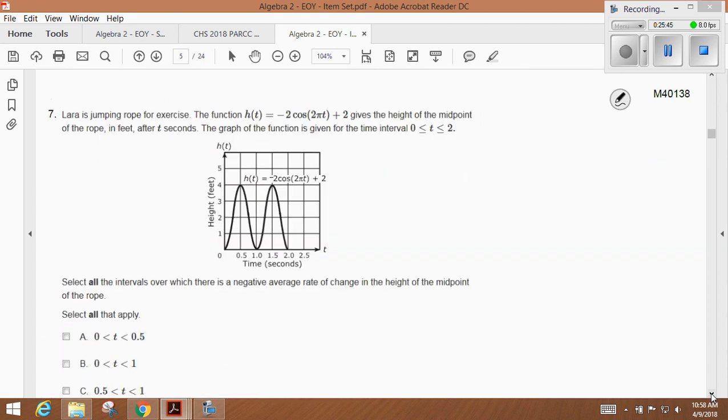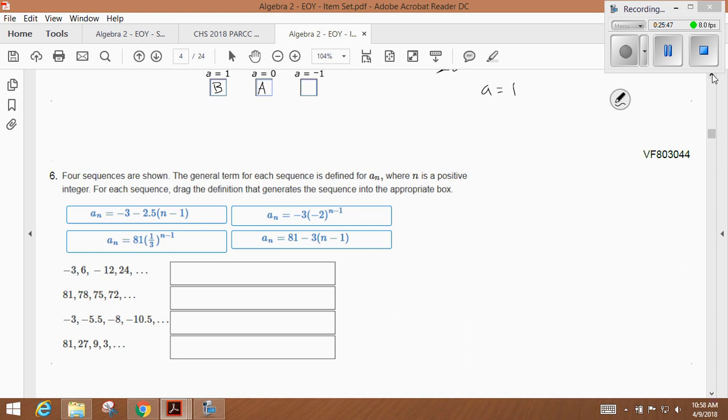Number 6. We've got some sequences. They give you the formulas. You don't even need the formulas, though. You have to just understand what n is, right? N numbers the term in the sequence, right? So, if we look at this first sequence,